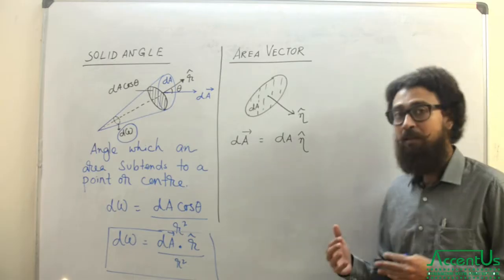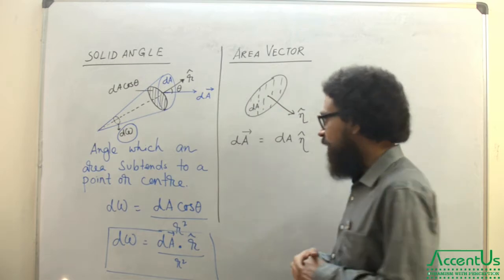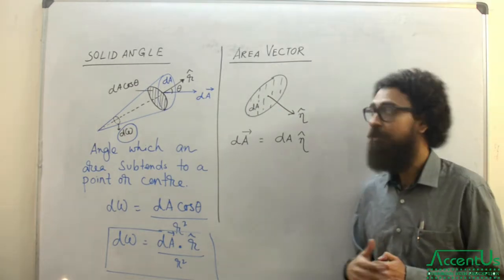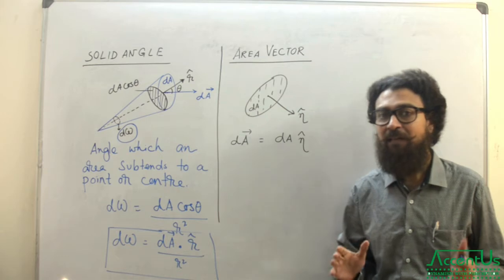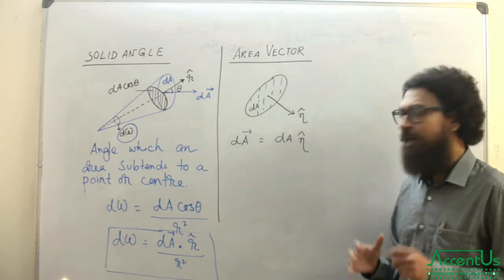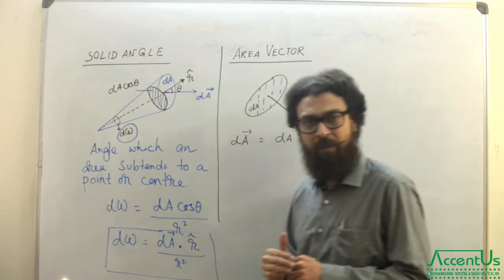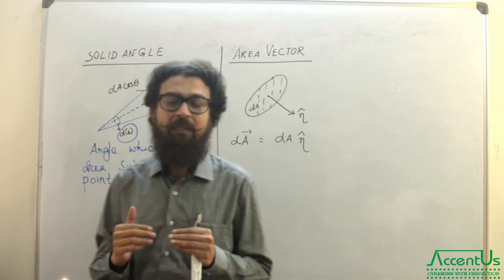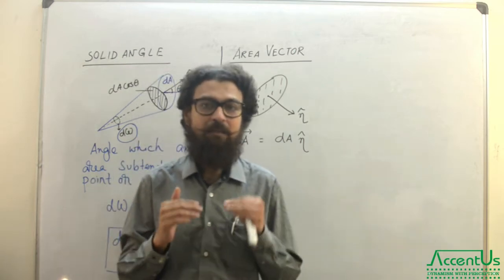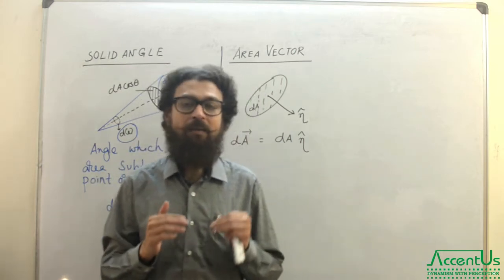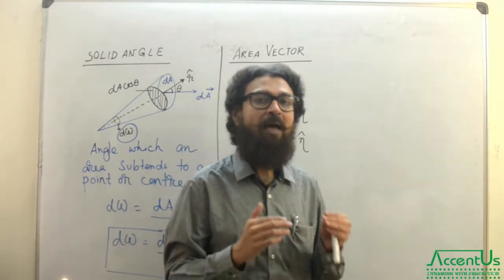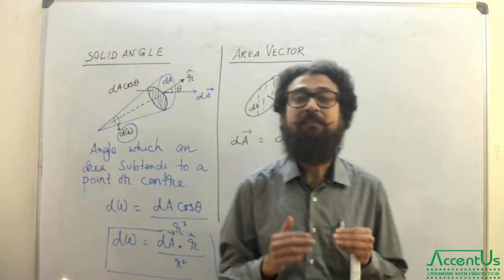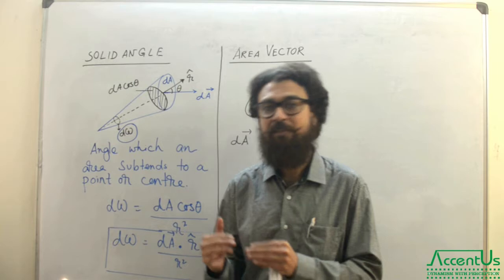Before we start Gauss's theorem, we have to understand a few concepts. The first thing I have written here is area vector. Now, till today, you were thinking that area is a scalar quantity, right? In lower classes, you had a chapter in mathematics called mensuration, and you had calculated a lot of different areas for a lot of different geometrical shapes.